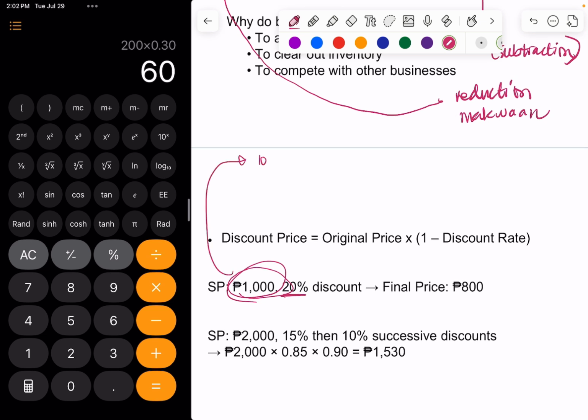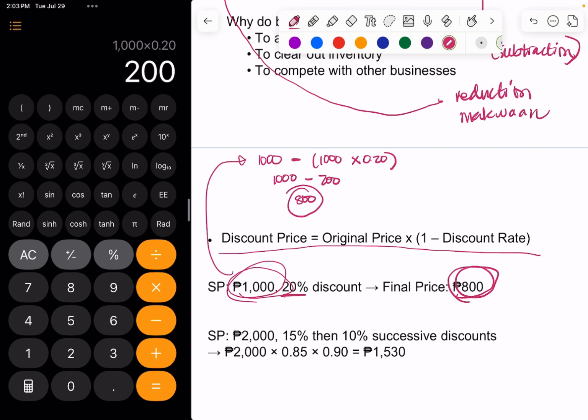Okay, let's have the example here. You can have it as, diba, selling price. Since it is discount, you use minus. What is the 20% of your selling price? So that is 1,000 minus 20% of 1,000. Okay, that is 200. So your final price now is 800 pesos. But you can also use this formula. So to get your discounted price,